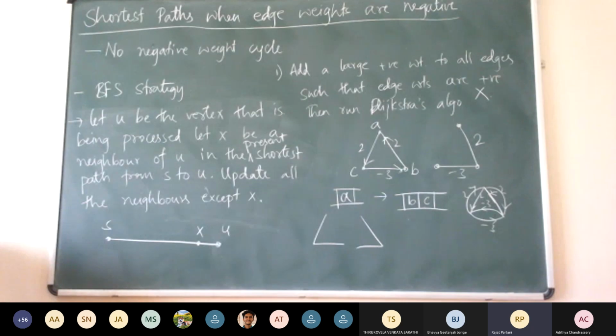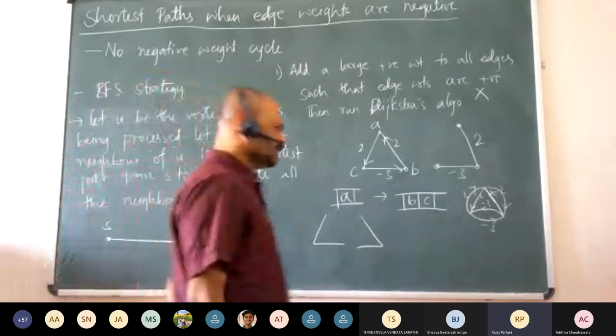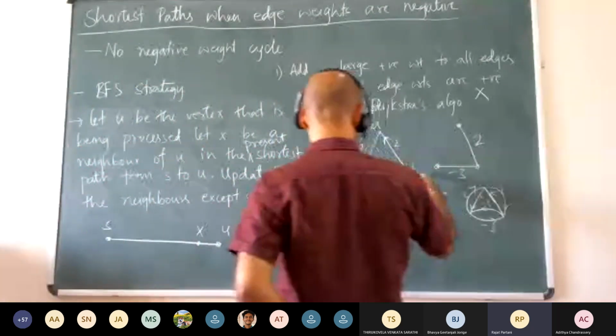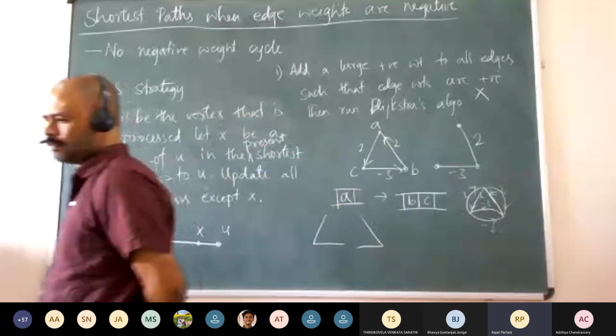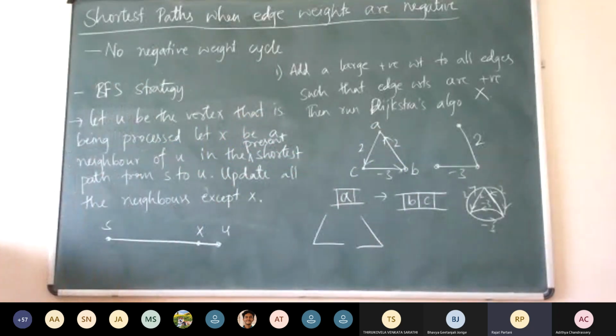Sir, how is the minimum distance defined in this graph, in an undirected graph with a negative edge? Suppose we define it here, going from A to B, that's my problem, sir. A to C was 3. So, sir, in the final graph, C will have a distance of 0 and B will have a